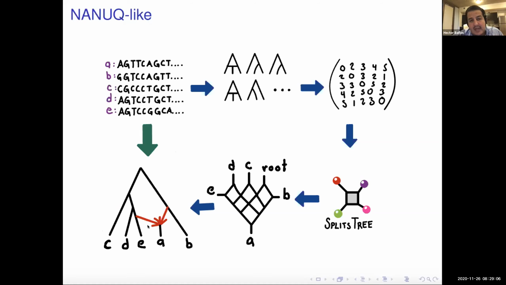Something else we really like about a method like Nanook is that if you don't get what we call a dark network, that could mean that the hypotheses are not being satisfied, whether your network is not level 1 or there's something going on. Because we know some other methods always give you a level 1 network independently of whether the hypothesis has been satisfied or not. So yeah.